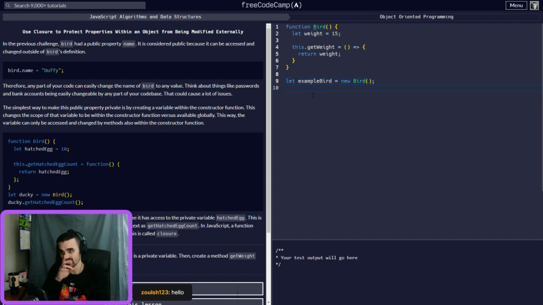And nothing inherited, no arguments to put in. So we can do the exampleBird, since it's inheriting, to get the weight. Now we could do a console.log, so we can print out the weight each time it's called, and see it's 15. So yeah, you can get private variables inside here and set them.